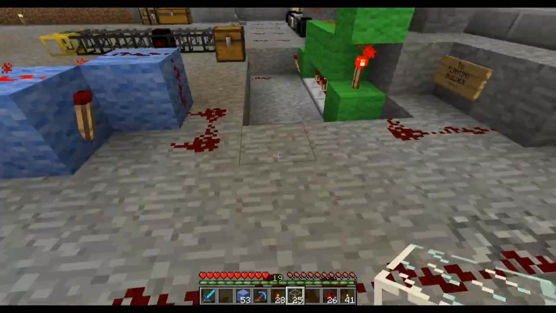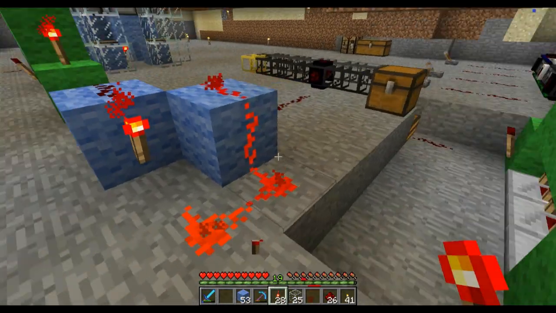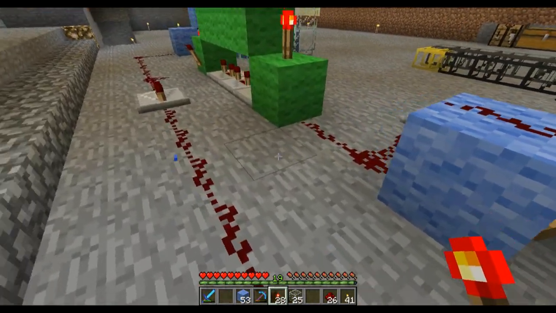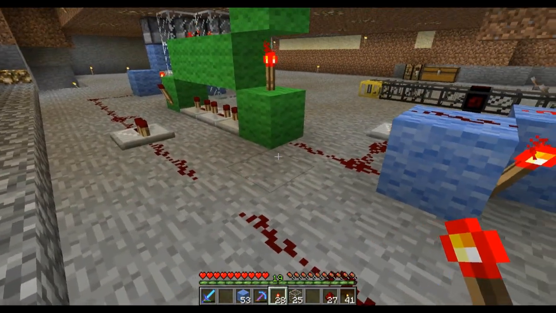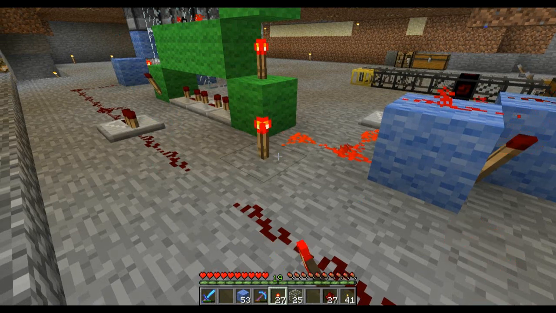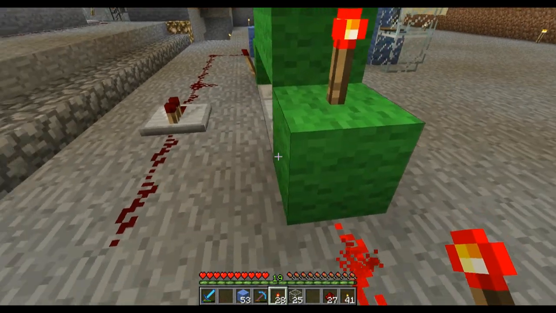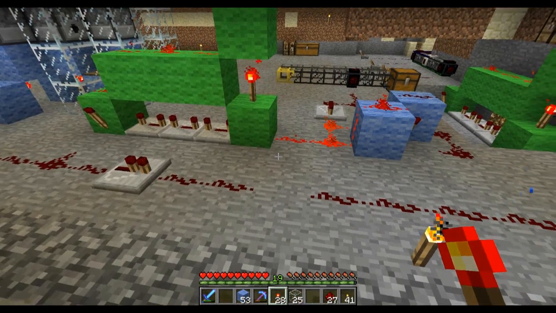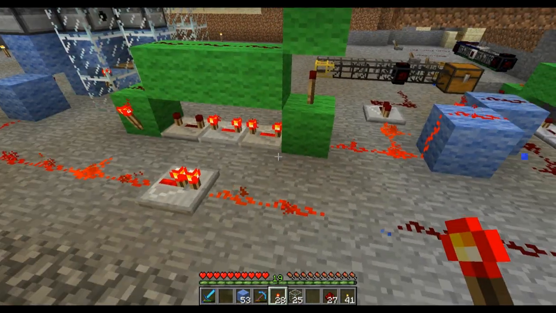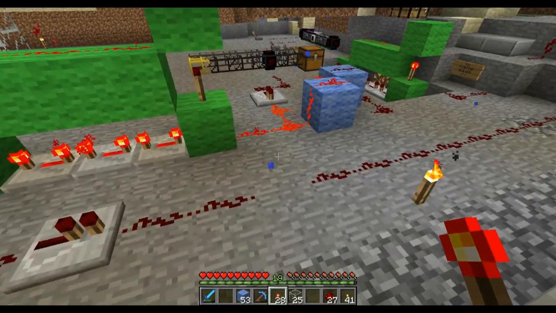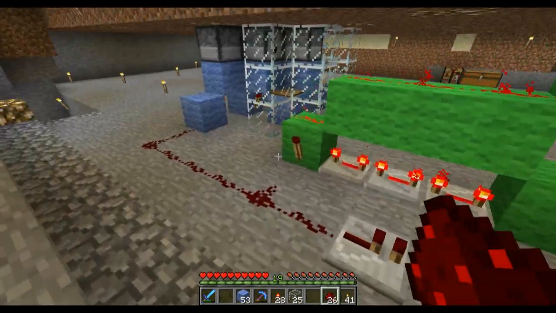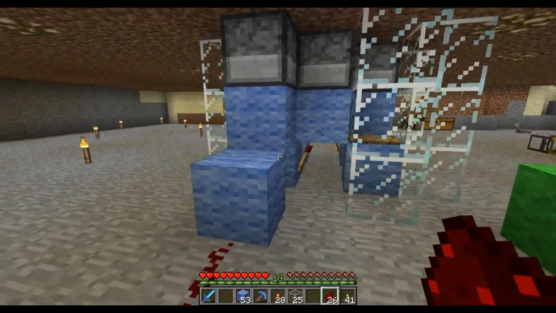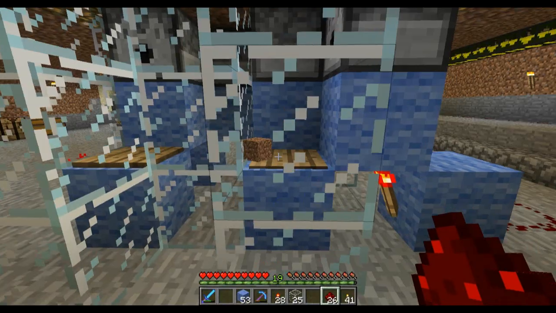This is not really connected to anything anymore, so let's switch this RS NOR latch back, and then let's get rid of that. Switch it on. Oops, that was supposed to. Oh, yeah. Okay, it took a second to figure it out. But you hear that? It's the tick, and now there's a piece of dirt here.